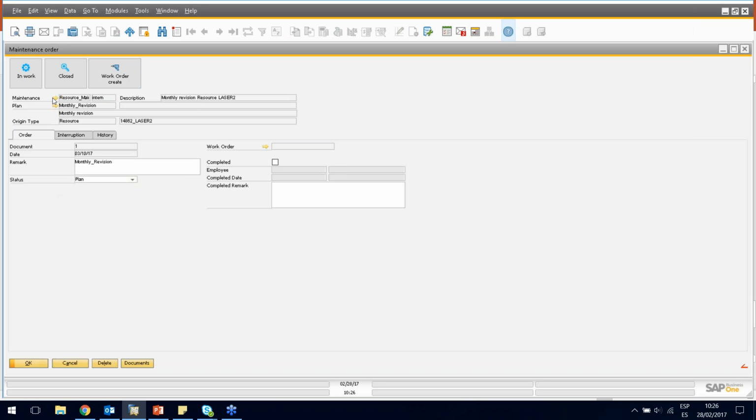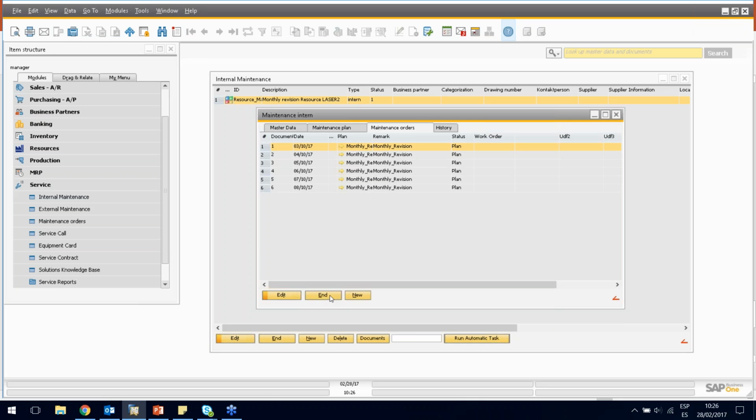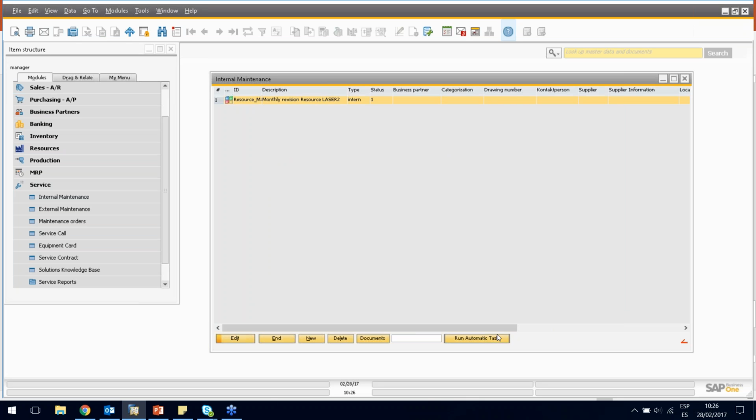So now we have here the maintenance order, that is called the resource maintenance. It's a monthly revision, and you will have here that the date of the maintenance is going to be on March 10th. In here, after we run the automatic task, we will see the work order. And in here, if you want to start the maintenance order, you can say here that it's going to be in work or it's going to be closed. And also, if you don't want to run the automatic task, you can create the work order in here. So let's do first the automatic task so you can see something else,